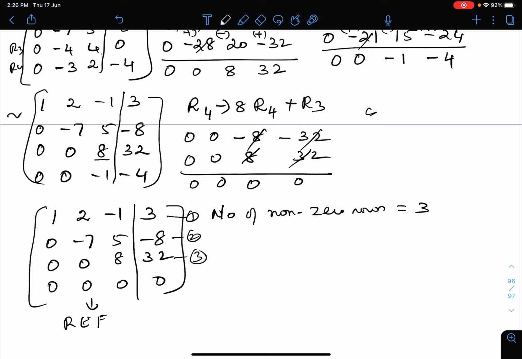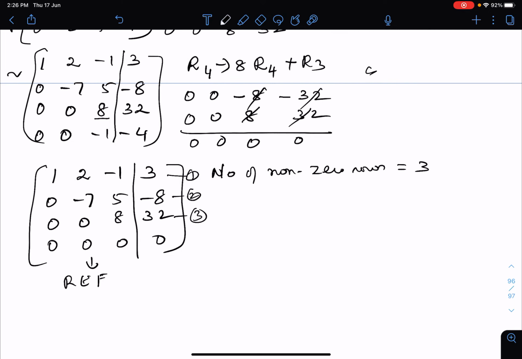Now we are going to write rank of AB. How do you calculate rank of AB? The whole matrix consists of rank of AB. So how many non-zero rows have you got? 3. So it is going to be 3. Then next you are going to calculate rank of A. Rank of A means only this 3 cross 3 part, before this line we have divided. There, how many non-zero rows have you got? 1, 2 and 3. So this is also 3.